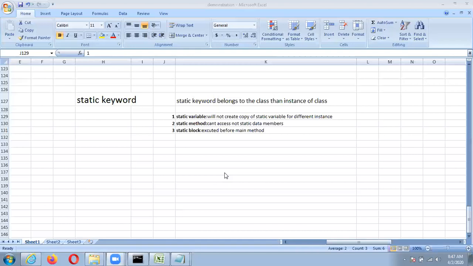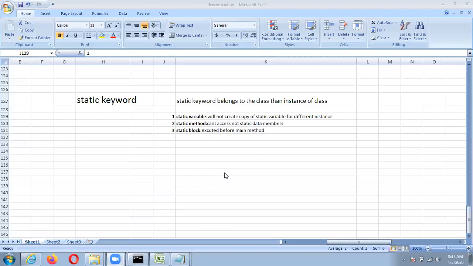So it makes the program memory efficient, and it is used for counter types of programs. It means, for example, to count the number of students in a college or in a class. There we can use static variables.